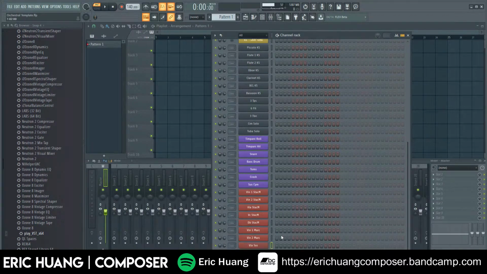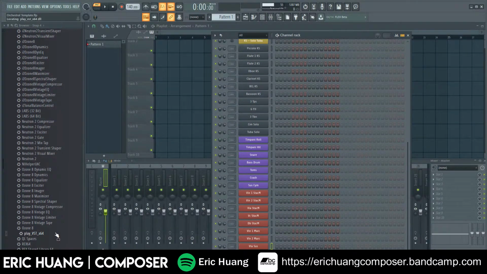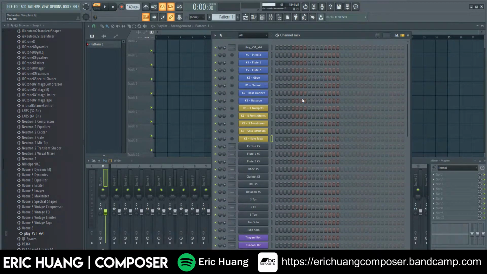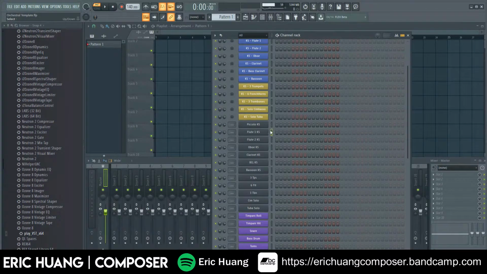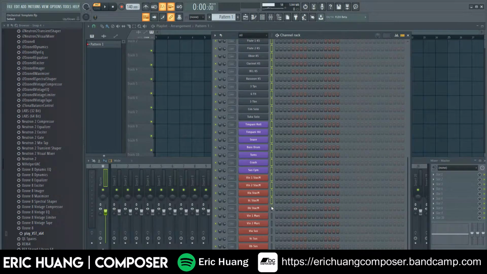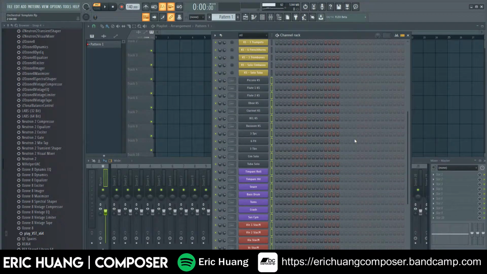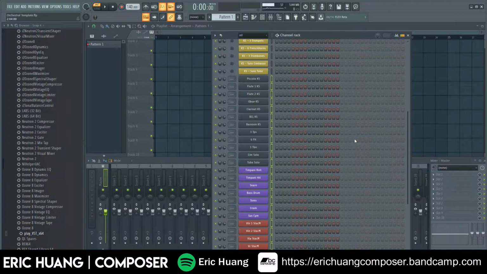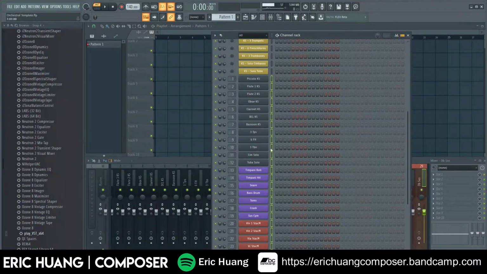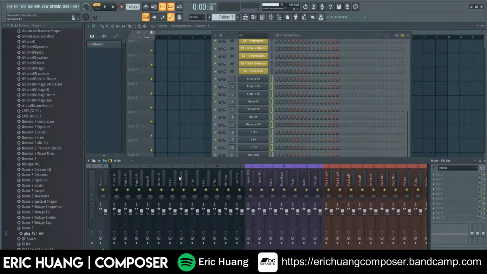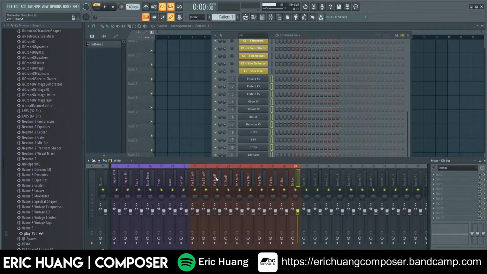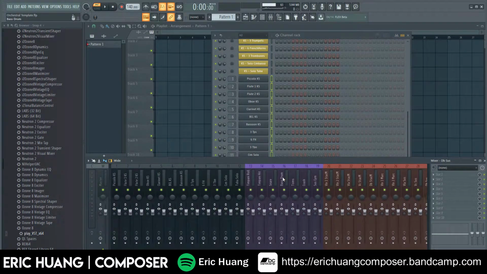And I'm going to do that with the cellos and basses. Alright, now that we're done loading up every single instrument in our template, we're going to click shift and then click the first instrument, and we're just going to highlight all of them just like that. And this is the best part. We're going to click control and then L just like that, and boom, look at that. It has created a mixer track for all our instruments, so we don't have to do it individually by ourselves.